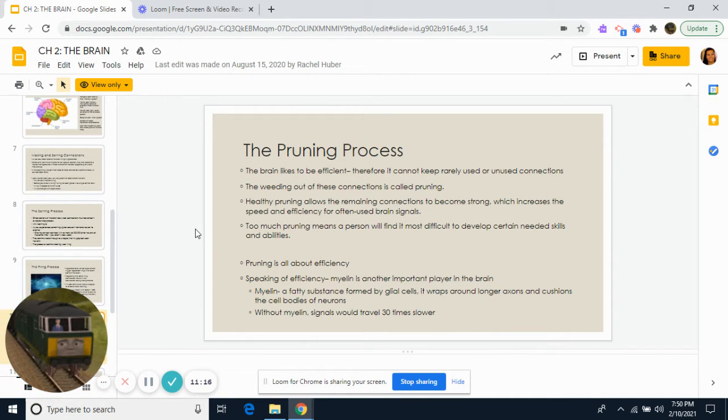So, excuse me again. All right, pruning is all about efficiency. All right, so speaking of efficiency,